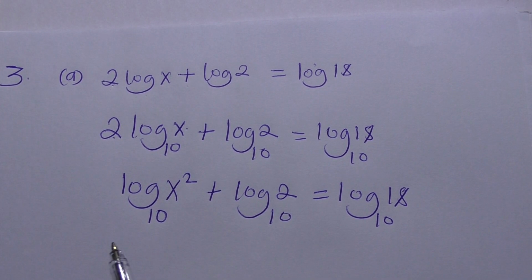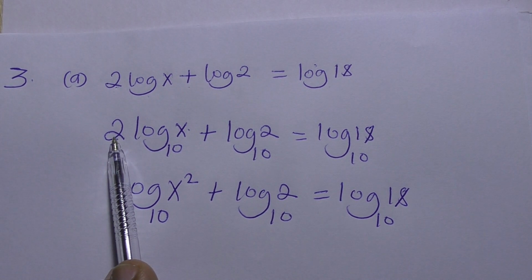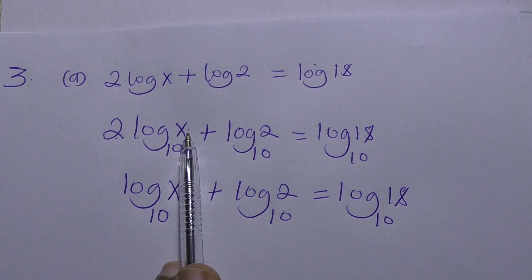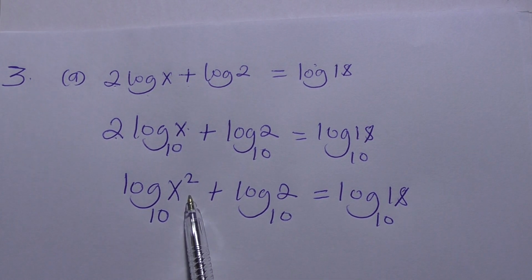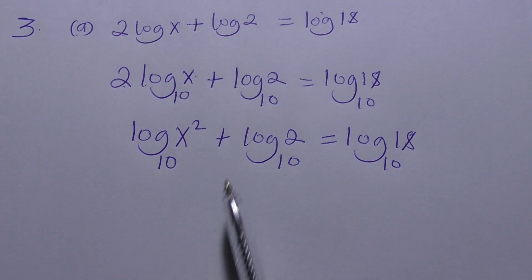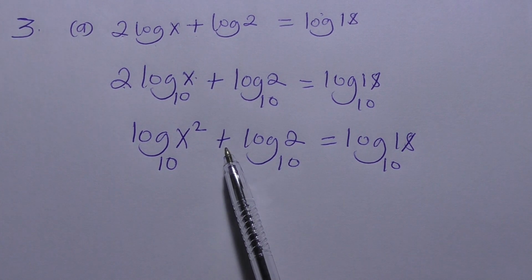So our first step was to let the coefficient, or the figure behind our logarithm, become the power of x. After that, we can now apply the law of addition, whereby when we are adding